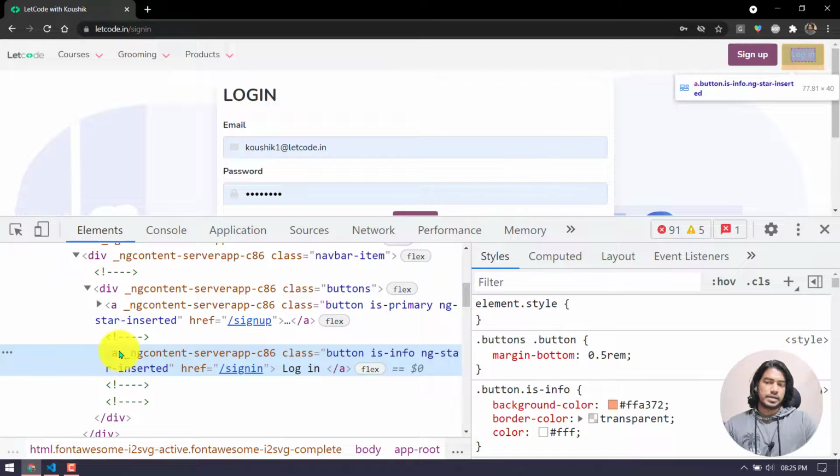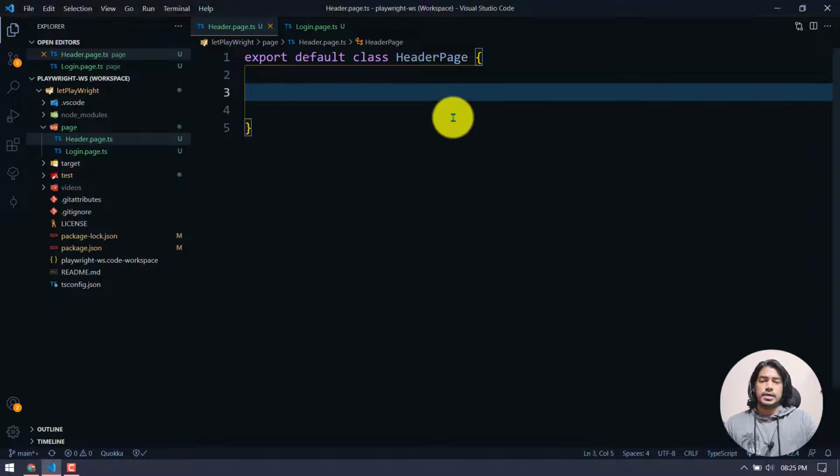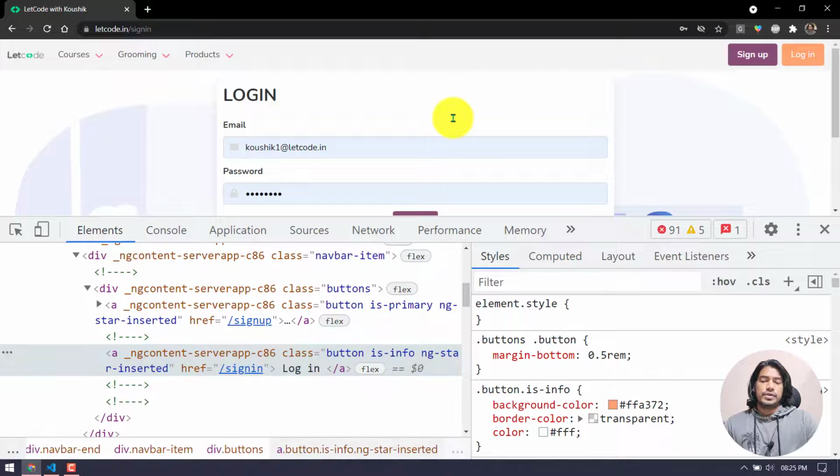Okay, so it has an anchor tag and the text is login. So we can use this like text. Yeah, so how we are going to write is basically we can write in two ways. Two ways in the sense, like we will store the object first. We can store the object in the form of a getter or maybe in a simple method, but I'm going to